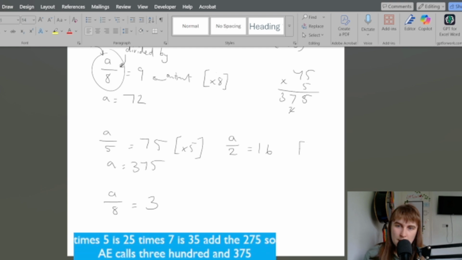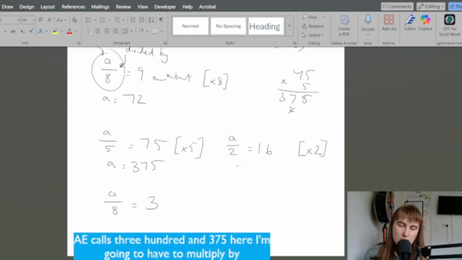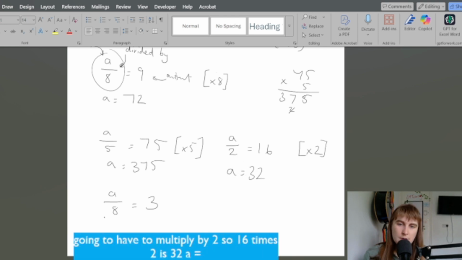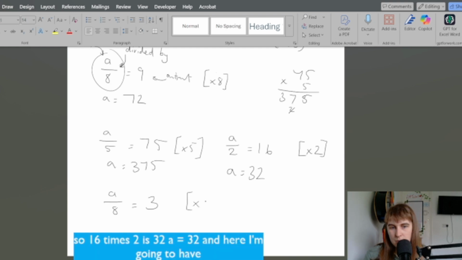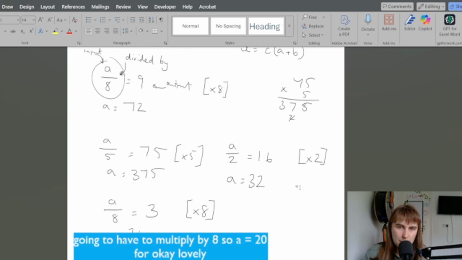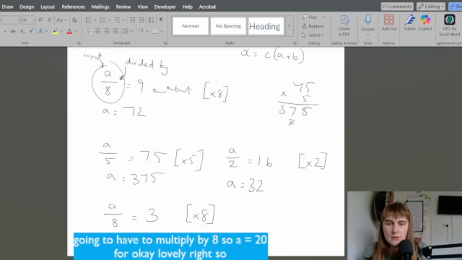375. Here I'm going to have to multiply by 2. So 16 times 2 is 32. So a equals 32. And here I'm going to have to multiply by 8. So a equals 24. Okay, lovely. Right, so